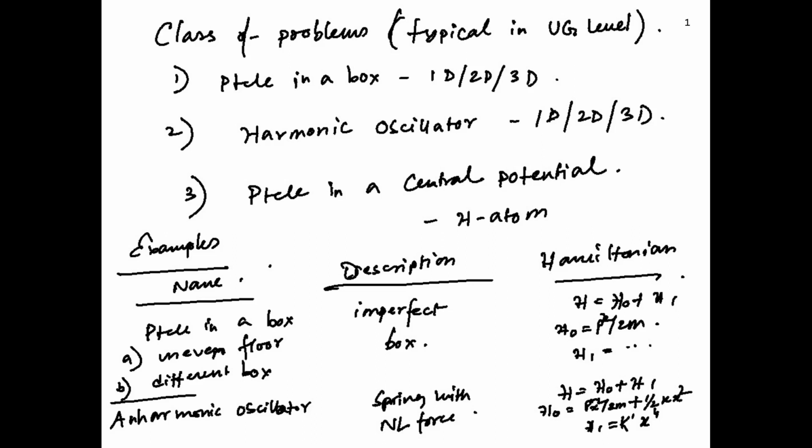So the most typical textbook example problems in a master's level course are these three classes of problems. One is particle in a box, which is 1D, 2D or 3D. Another is harmonic oscillator, again 1D, 2D or 3D. And the third class is particle in a central potential, like hydrogen atom, or a more complex example like helium atom. You have solved all of these problems in great detail in the previous semester. Now we will see what happens if we complicate the problem with some perturbation, or some part which is not so simply solvable, and that will constitute the examples of perturbation theory.